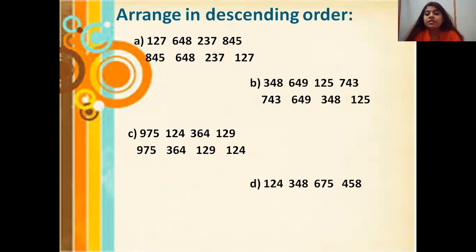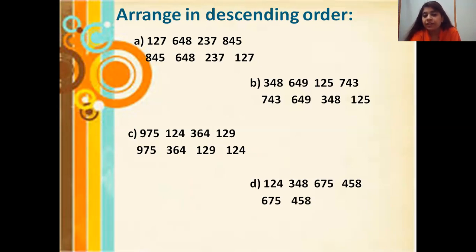I have numbers 124, 348, 675 and 458. Now, which is a bigger number? Yes, it's 675. Now, what comes before 675? Is it 348 or 458? Yes, it's